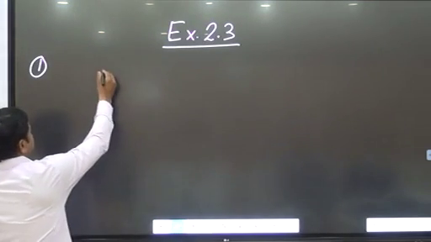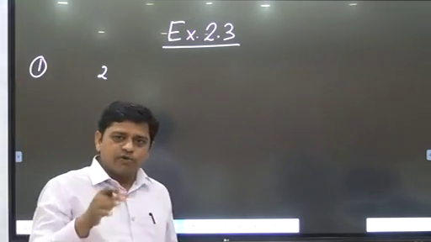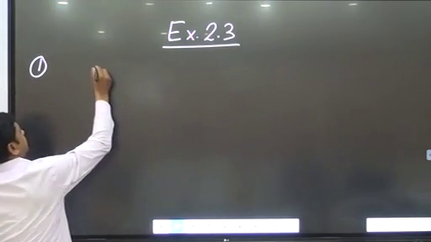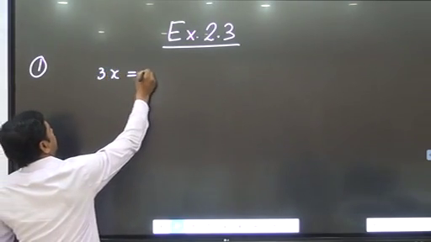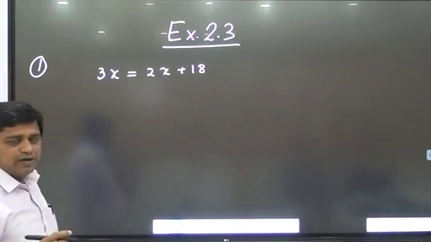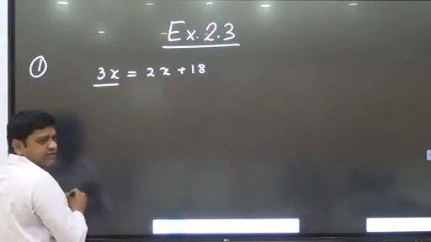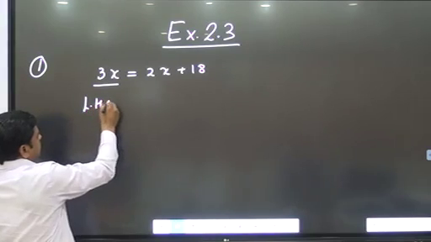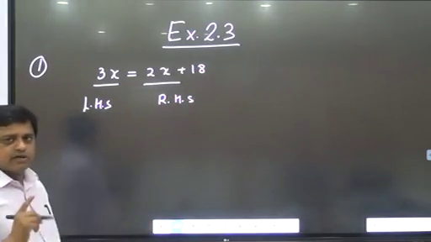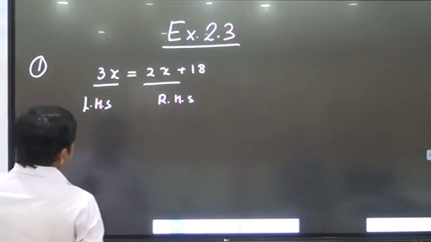So first try to understand what is the difference between this exercise and what we have learned in exercise 2.1. So 3x is equal to 2x plus 80. What is the basic difference? The basic difference is that here the variable 3x is on the left hand side and the right hand side also has a variable, the same variable, okay? Because the chapter is related to linear equations in one variable. So how will we solve in this case?